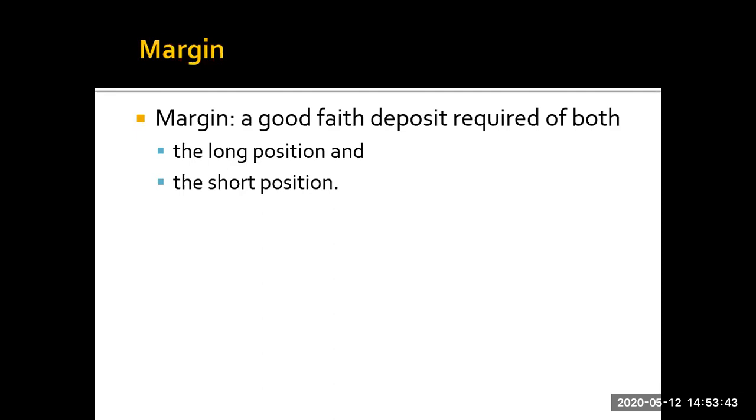For either of these positions, whether you take the long position or the short position, you do have to put down a good faith deposit when you purchase the contract. So if I were to want to buy a contract of oil for $10 a year from now, I might have to put down like $1 or so, and then pay the remainder 1 year from now. But there is some sort of margin. You do have to put down some sort of deposit.